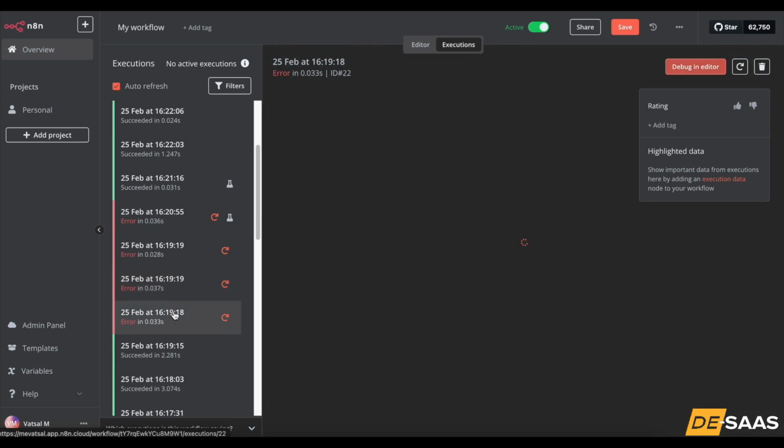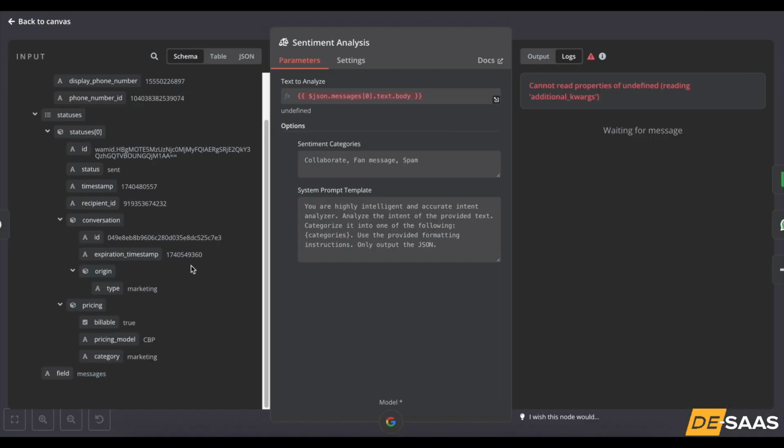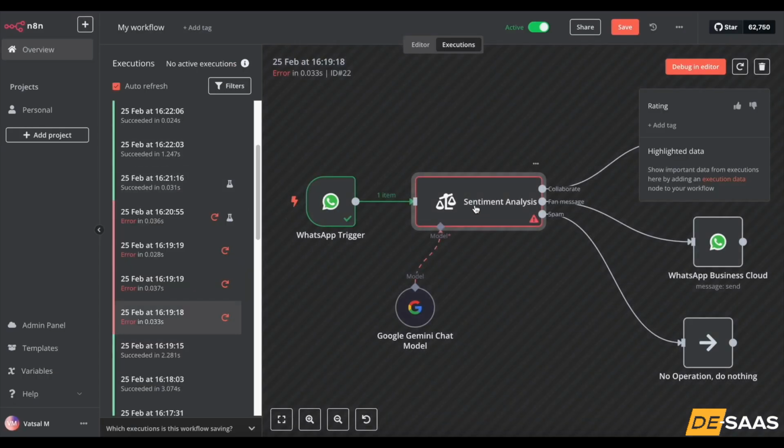What I observed was whenever I am sending a reply back, the WhatsApp node is getting triggered with empty messages. And what that does is this JSON.messages[0] becomes undefined. And as we can see, the log says cannot read properties of undefined. So to handle this undefined, I have added